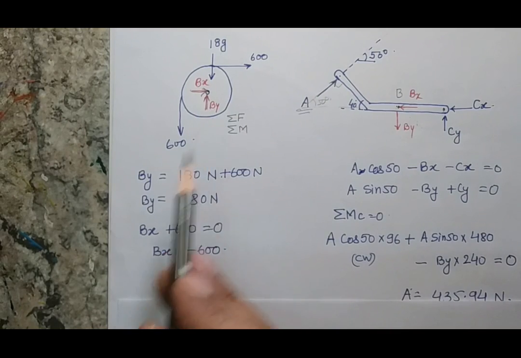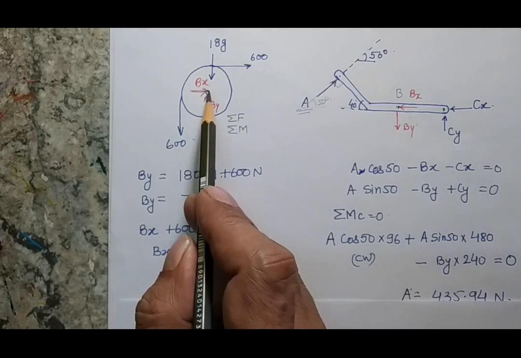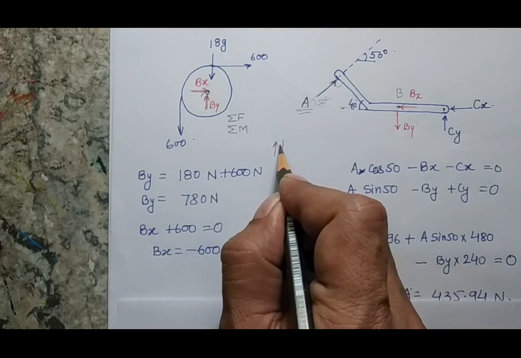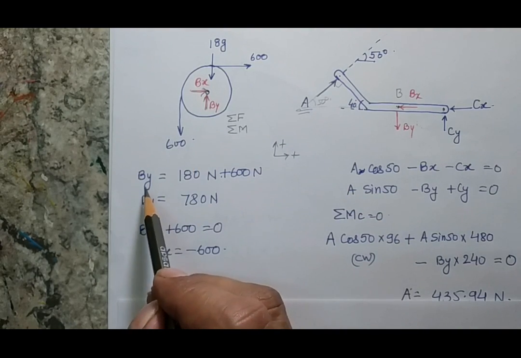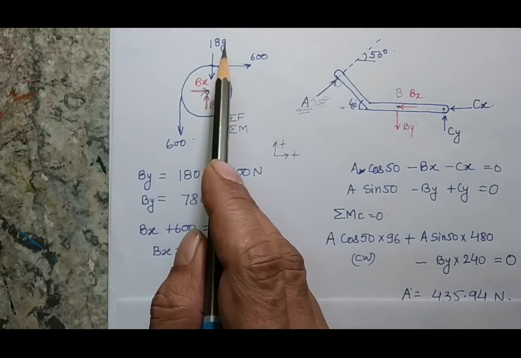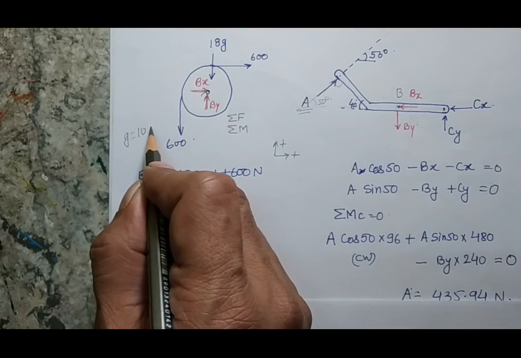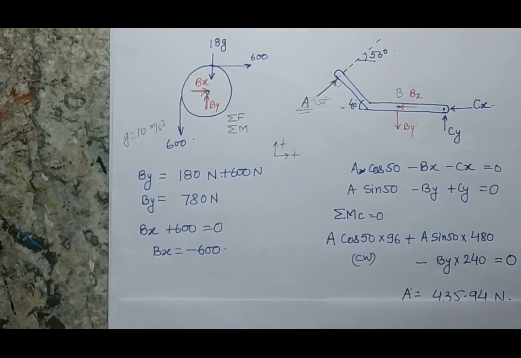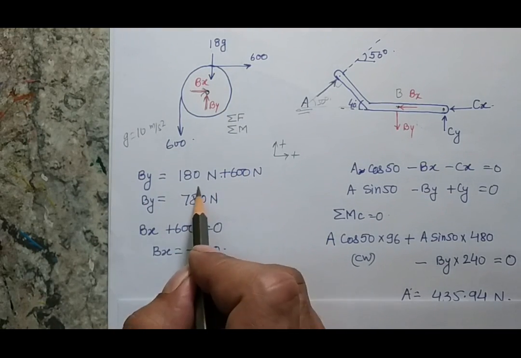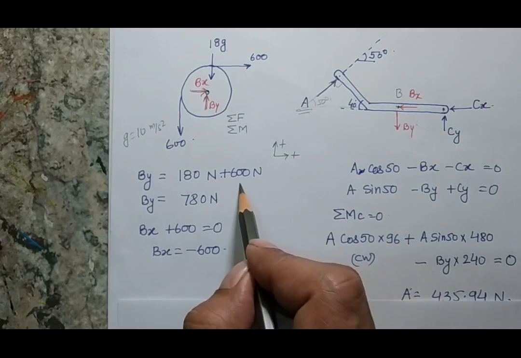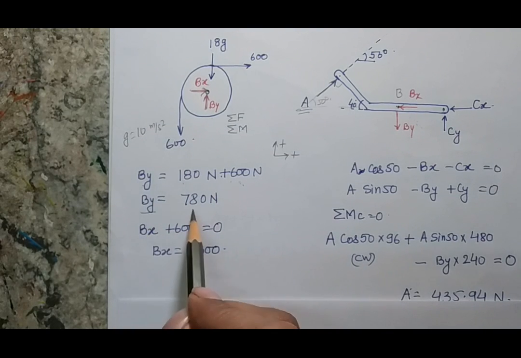First, in this case, I am considering the balance of vertical forces. So By is the vertical force. Let's assume that upward is the positive direction and rightward is also a positive direction. So By is acting in the upward direction, and 18g, assuming g is 10 meter per second square, my gravitational force will act in the downward direction, that will be balanced by the By, as well as the 600 is also acting in the downward direction. So total downward force and total upward force will be balanced, which will give the By value as 780